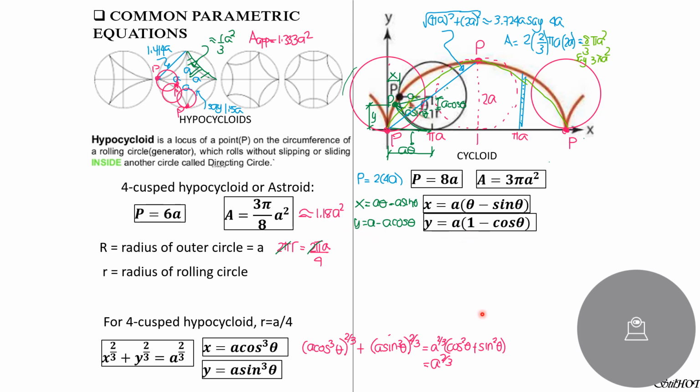Then I now explain how to derive the perimeter of this cycloid. One cycle, only one complete revolution of the rolling circle. We have here the straight line distance of this blue line, but the length of the arc of the cycloid is longer. Take note of that. And you just round up the value